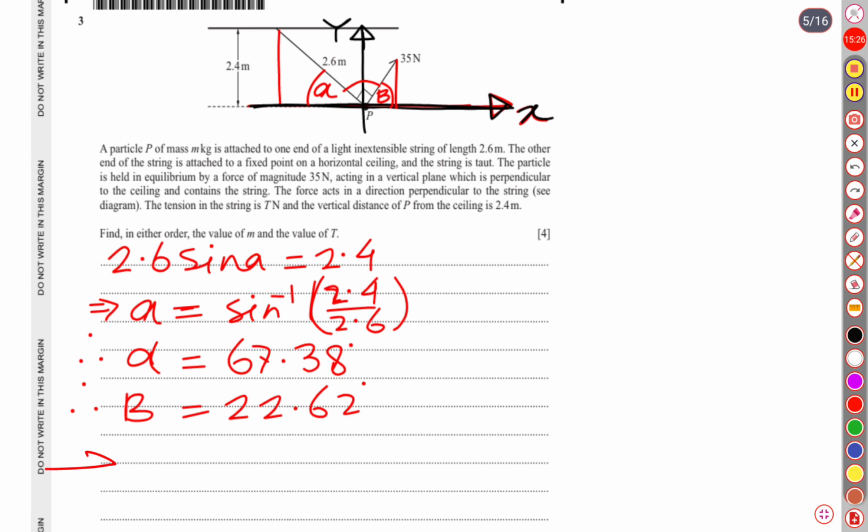So resolving the force horizontally, we'll look at the first triangle. We are supposing it to be the first triangle because this is moving onward in the positive direction of x. So the concept we are going to apply is driving force minus resistance force is equal to mass into acceleration. Driving force is 35 for the horizontal axis,